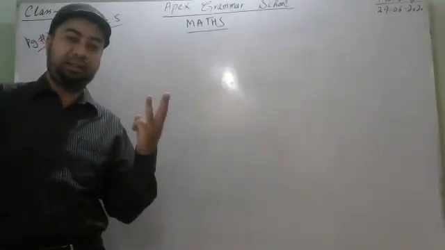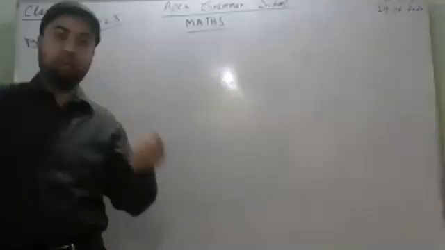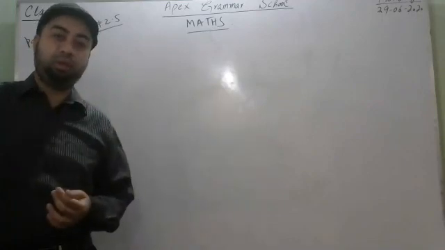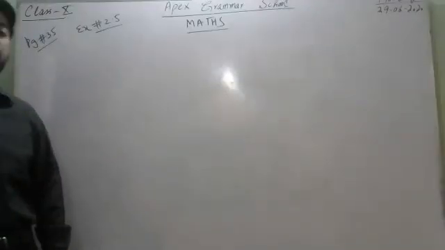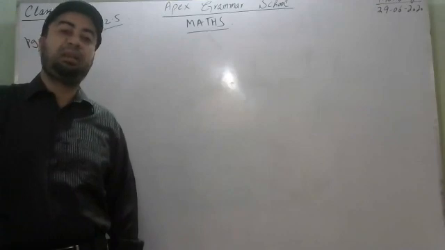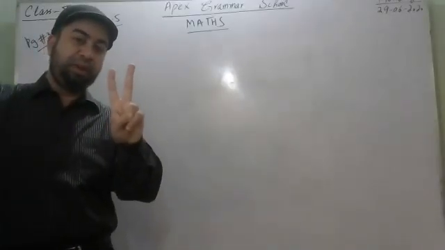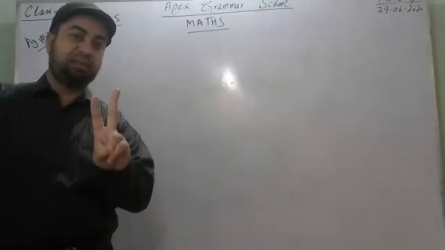We have three methods. First method is through factorization. Second method is through the quadratic formula. And third method is through making it a perfect square. We can find both two roots. We can find both two answers.